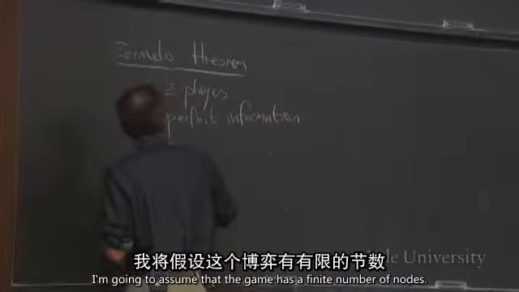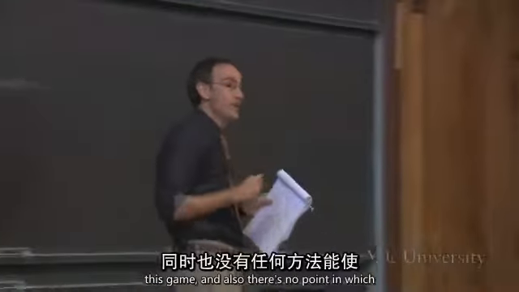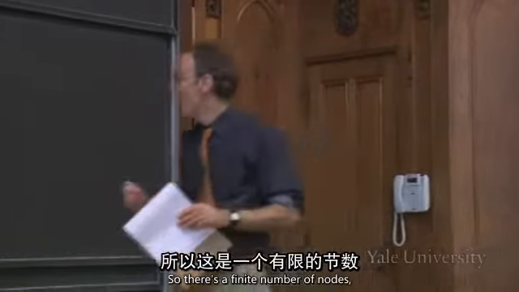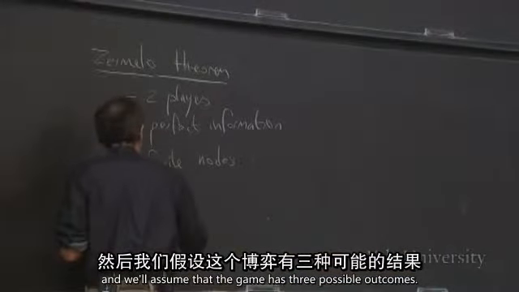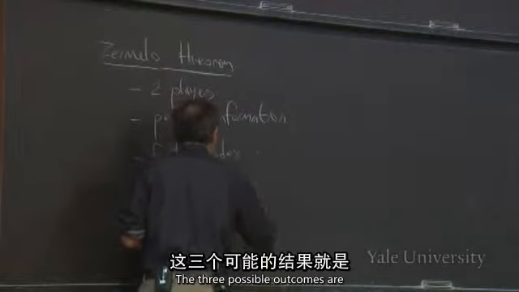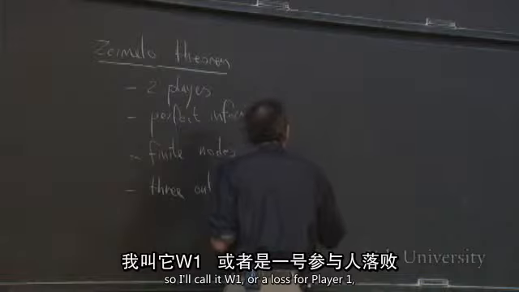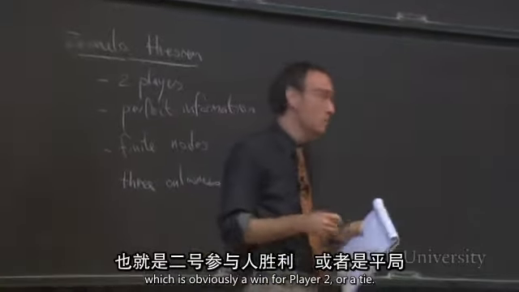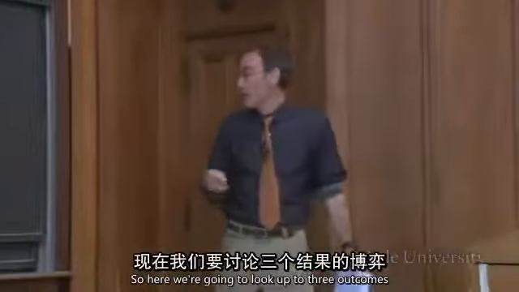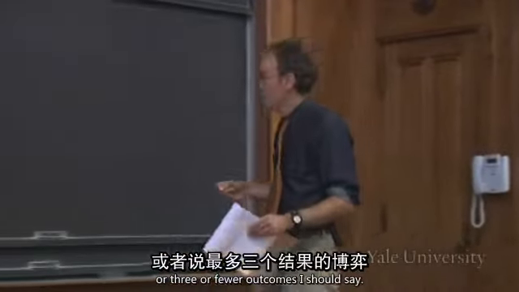I'm going to assume that the game has a finite number of nodes. So two things here: it can't go on forever, this game, and also there's no point at which it branches in an infinite way. All right, so there's a finite number of nodes, and we'll assume that the game has three possible outcomes. And actually there's a more general version of this theorem, but this will do for now. The three possible outcomes are either a win for player 1, so I'll call it W sub 1, or a loss for player 1, which is obviously a win for player 2, or a tie. All right, so the game, like Nim last time, we only had two outcomes, so here we're going to go up to three outcomes, or three or fewer outcomes, I should say. All right, so these are the conditions,